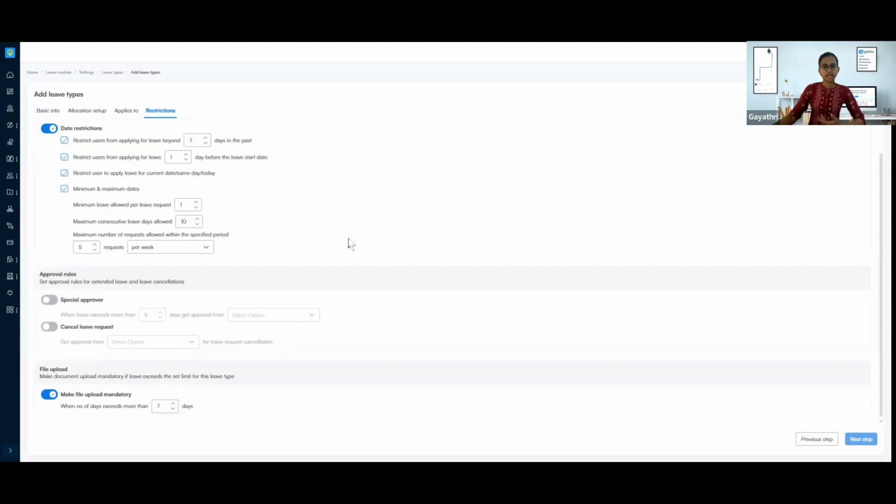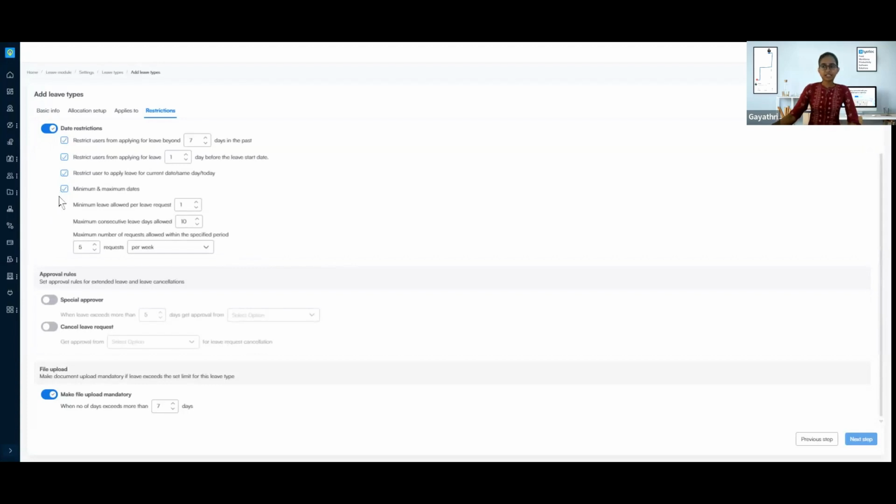The next restriction that we have over here is after the leave they've taken, let's say they haven't applied for that leave, now they've taken the leave. For example, sick leave. Sick leaves are taken and now they have to apply for the request to make sure that the balance is maintained. So they have to apply for that particular sick leave from the date when they've taken the leave, within 10 days. If they try to apply leave on the 11th day, then it will say you cannot apply for this leave because you're restricted from applying. This restriction is not mandatory. If it's not required for your organization, we can very well turn off this particular configuration.